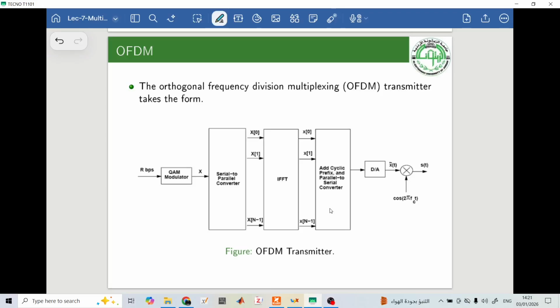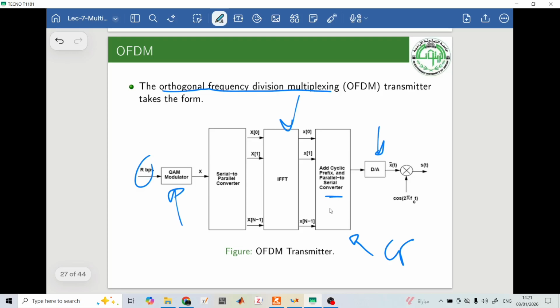Okay, now we are ready to talk about OFDM, orthogonal frequency division multiplexing, which is the core technology in 4G systems and 5G systems as well. As we have seen, this is our multi-carrier system, but here we add a new stage, which is adding the cyclic prefix. As you recall, we get the data, do the modulation, convert them into parallel streams, take the IFFT in the transmitter. Now we need to add a cyclic prefix here,